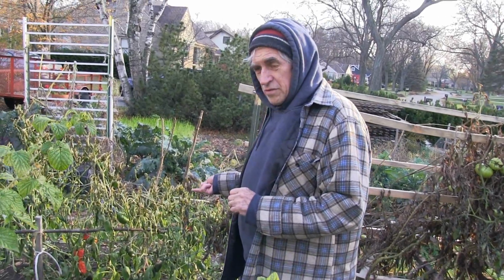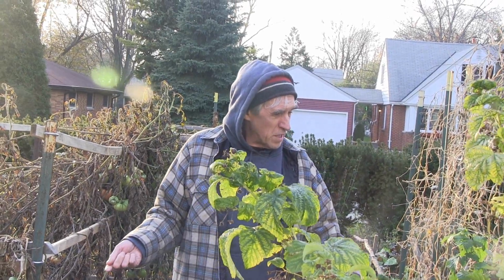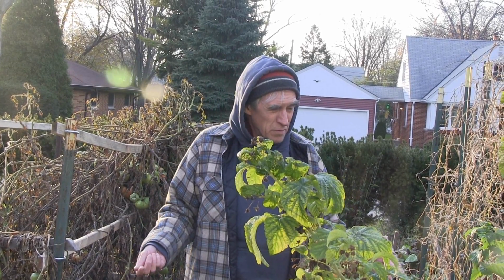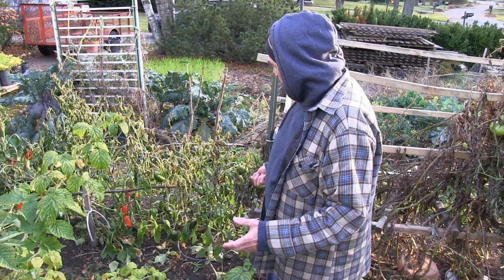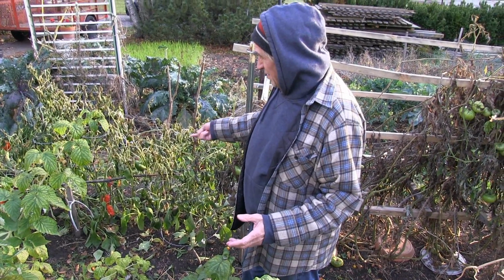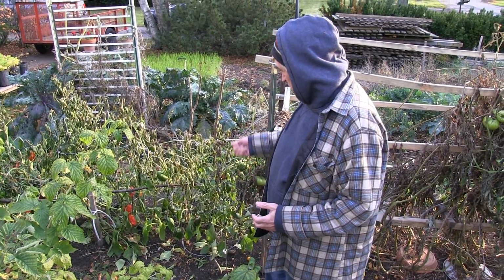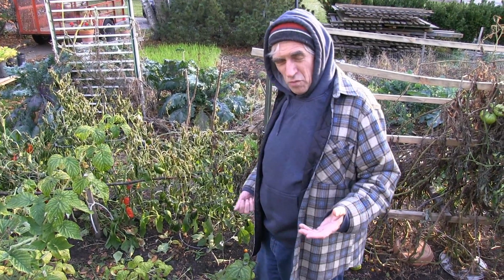Everything we grow virtually, not counting the raspberries and not counting this year's broccoli, but everything we grow is not hybrids. This stuff comes from Seed Savers Exchange in Decorah, Iowa. Now the pepper plants don't look so good now, but there are so many peppers, and we got so many peppers off of just a few plants, that there's something more robust about